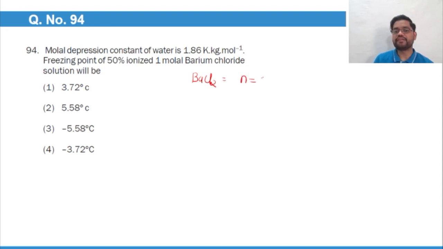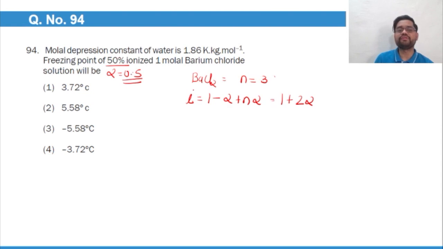Okay, its N value is 3. It will give you 3 ions, 50% ionized. So if I want to calculate the Van 't Hoff factor, then we need to go in this way. I will be equal to 1 minus alpha plus n alpha. That is, n value is 3. So that will give me 1 plus 2 alpha. Over here alpha is given as